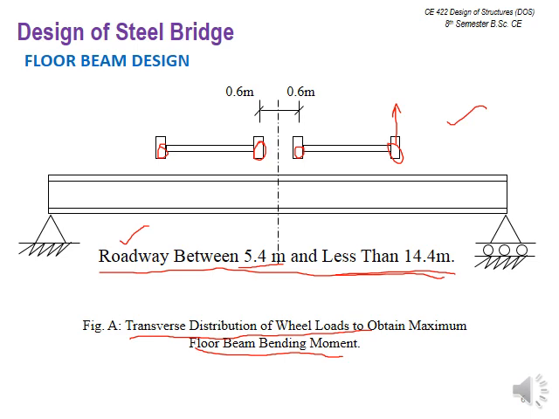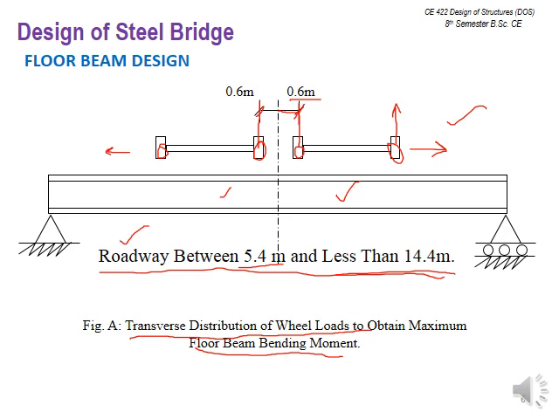If the roadway width is between 5.4 and 14.4 meters, then you decide on 2 lanes, and these 2 lanes will of course incorporate 2 vehicles coming there, but this clearance should be standardized. Any distance can be there depending upon the total roadway width or the lane width, but you have to be careful about this clearance. If you exactly center your total roadway width, then from the center of the roadway, the center of the wheel is taken at a distance of 0.6 meters from the center of the wheel of one axle.